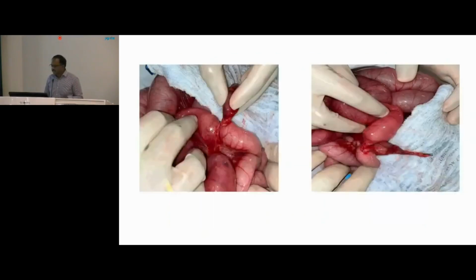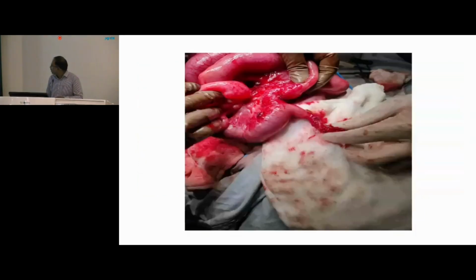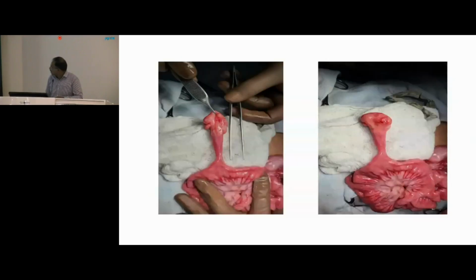So these are the pictures of not this case, but other cases of Meckel's diverticulum which were operated in our department. So this is also a Meckel's diverticulum which was causing obstruction of the bowel. This Meckel's diverticulum is also showing inflammatory features. And this was a case where the Meckel's diverticulum was causing GI bleed. In this Meckel's diverticulum there was ectopic gastric mucosa, and the Meckel's diverticulum was excised, and